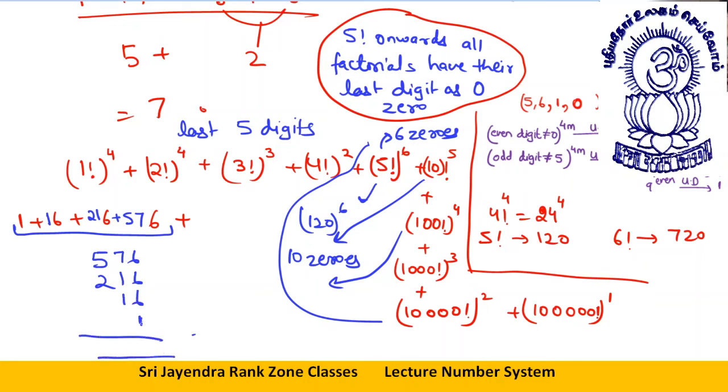16, 16, 32, 32 plus 1, 33. 76 plus 33 is 09. 109, 1 carry. This will give me 152, that is 8. 809 will be your answer. I have 1 factorial raised to power 4, 2 factorial raised to power 4, 3 factorial raised to power 4, 4 factorial raised to power 2, 5 factorial raised to power 6. So this will be your answer, 809, and before that 00. So that is your answer, my dear students, and I'm sure it must be clear to all of you.